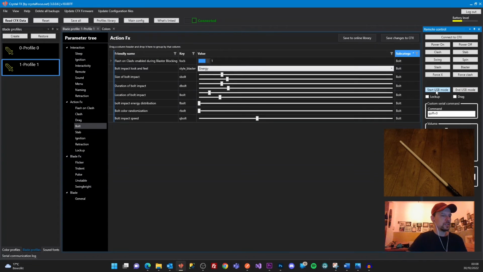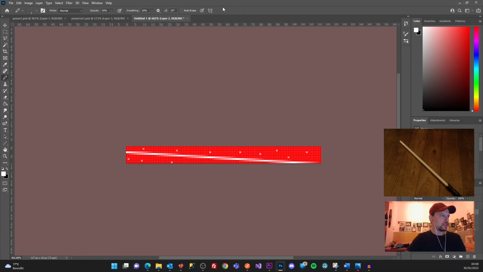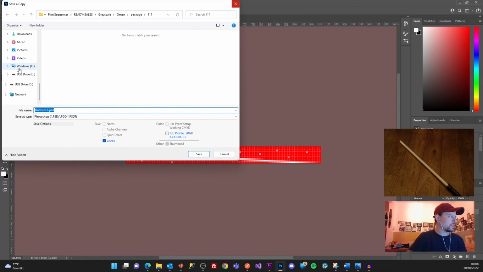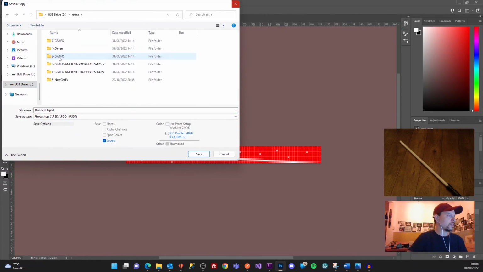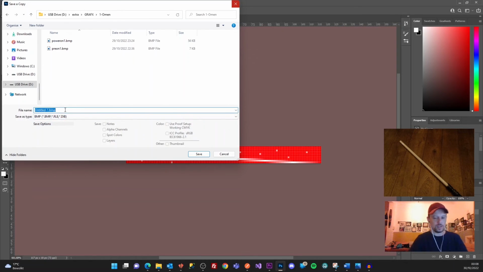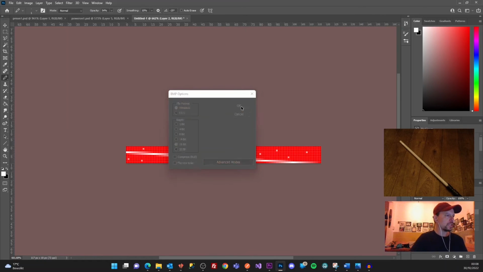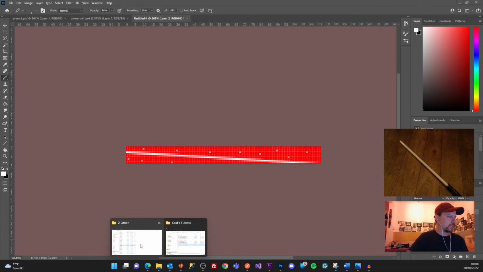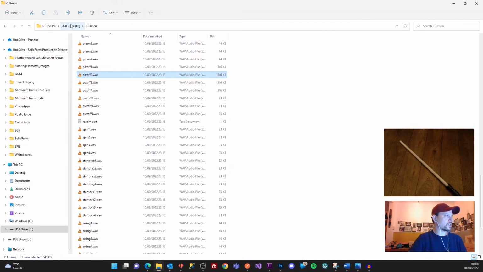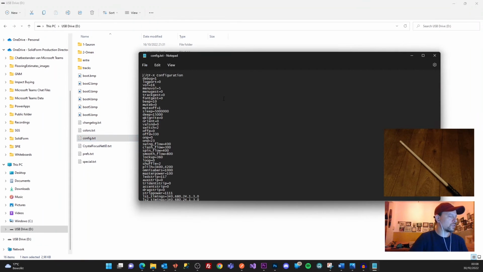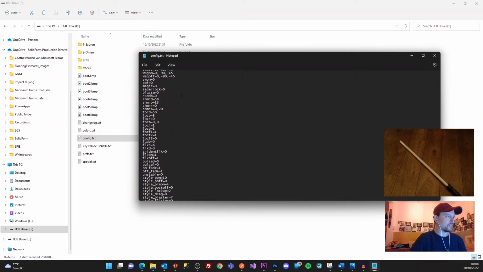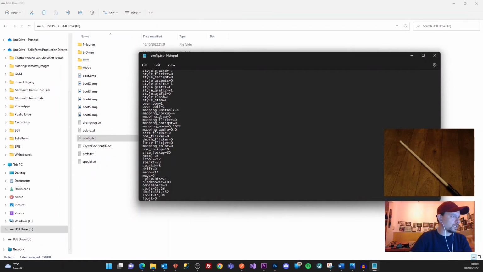So let's enable the USB mode and save this to the SD card in the extra folder, GraFx, again the same GraFx folder, and we can save this as the bitmap power off 1.bmp. Let's save this. Now again, we need to extend or change our blade profile that we used in the config file. So let's move to that blade profile over here. The blade profile with index 1. Go to the style